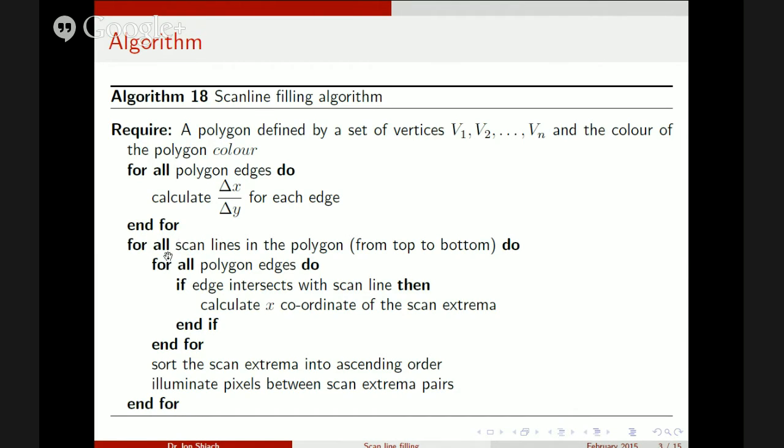So once you've done that, for all scan lines in the polygon, you start at the highest point on the polygon and you go down by 1 each time, and you end up at the lowest point in the polygon. So your y coordinate starts off with whatever the maximum y coordinate of your polygon is. You calculate your x values, okay, and that's your first scan line. The next y coordinate is simply y minus 1, because you're going down a level. Then you calculate the scan extrema, so where that scan line intersects the edges. Okay, and you do this for all scan lines,